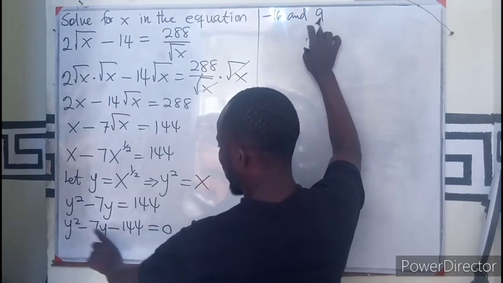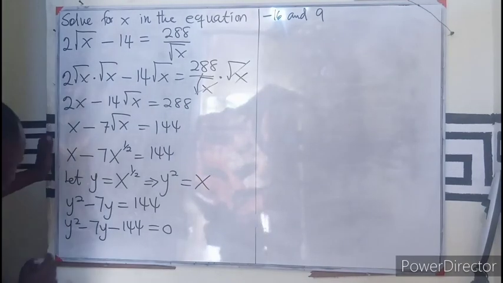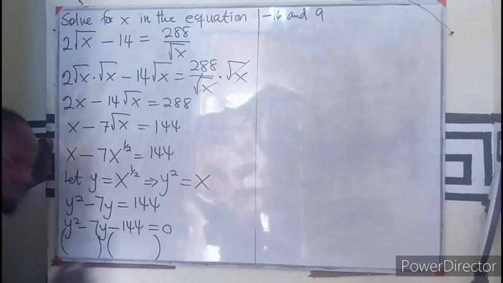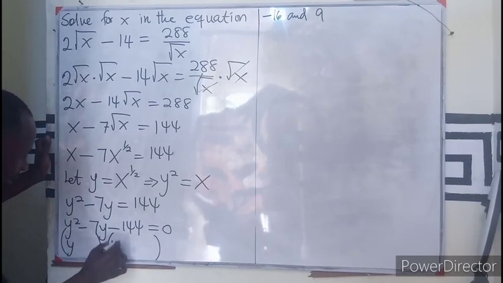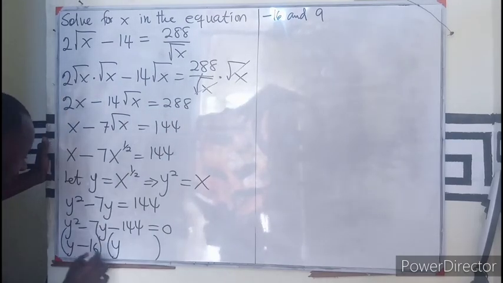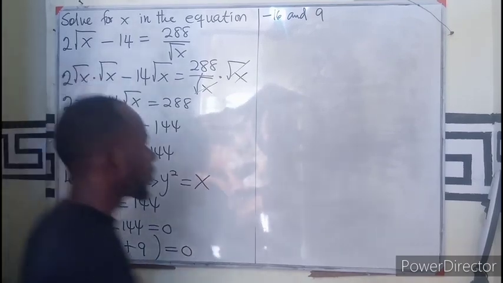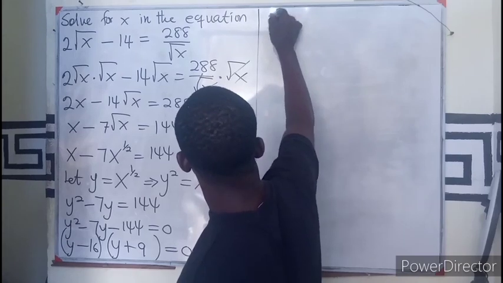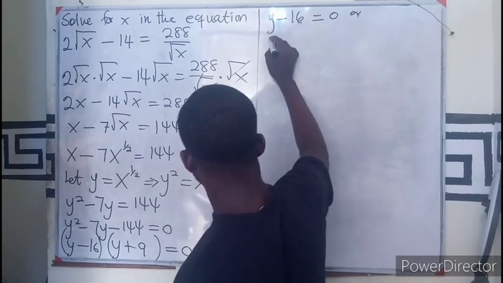If you multiply, you get negative 144. So this could be in 2 brackets: the first one y, the second y, with the factors negative 16 and 9, equals 0. So 2 brackets multiplying simply means that y minus 16 equals 0, or